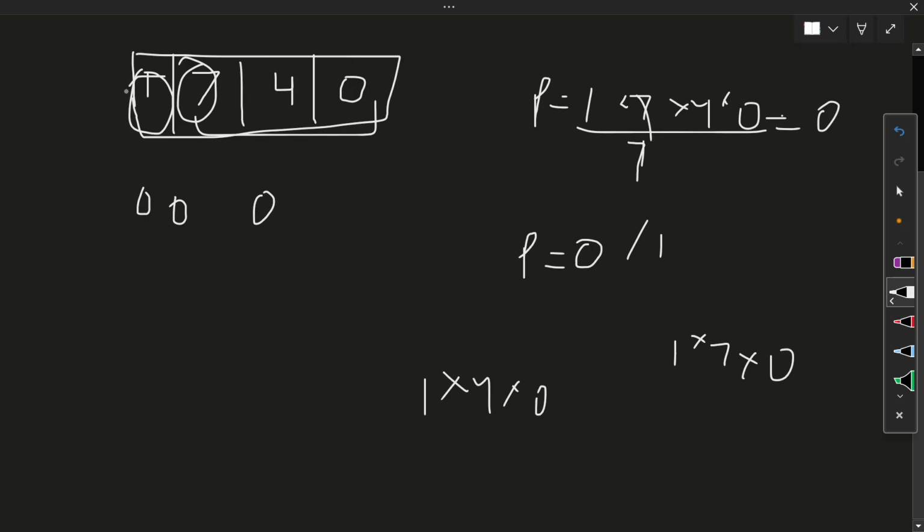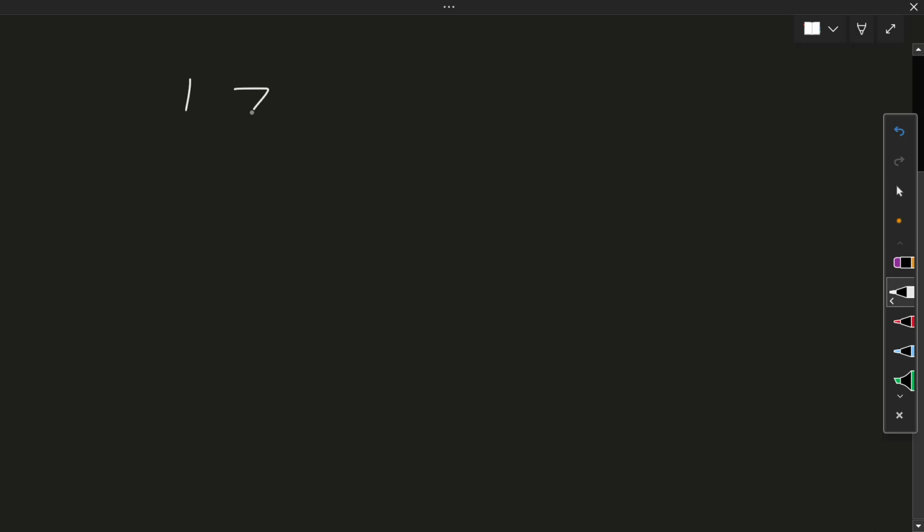But here the value of the product of all the elements is not equal to 0, so if I divide by 0, it will give me an error. So I have to think. Let's take this example only,